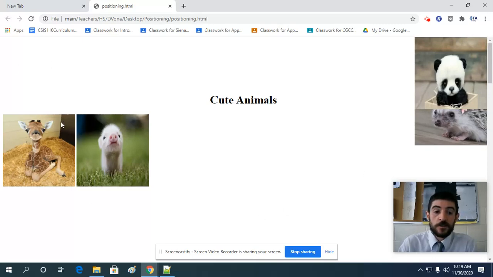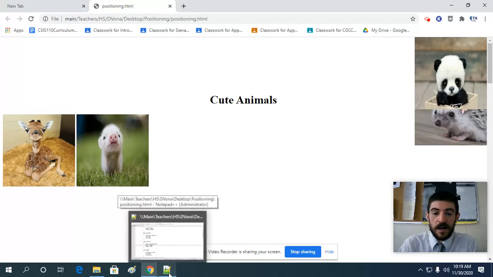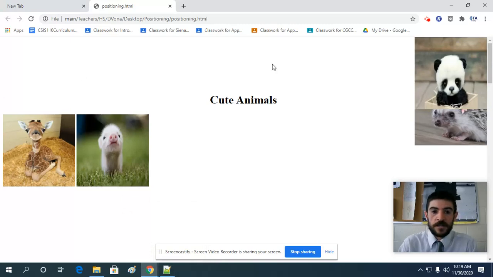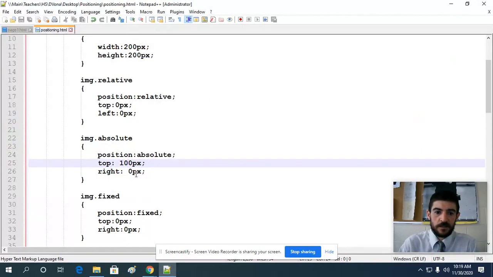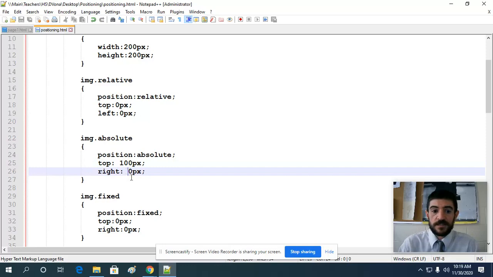All right. So when you're doing absolute, left 0px is going to put it all the way on the left side. Right 0px is going to put it all the way on the right side. So you can use those if you're trying to get something on one side of the screen or the other. There's no reason to use left and try to shift it all the way over to the right. Just use right, and then you can shift it a little bit if you needed to have it a little offset. So maybe you don't want it flush up against the edge of the browser window. You know, we could say right 50px,